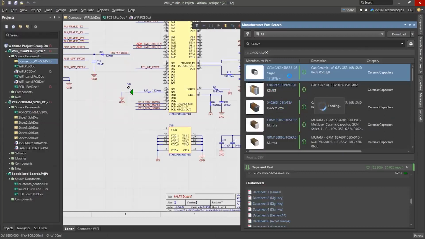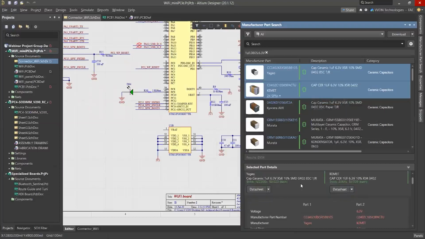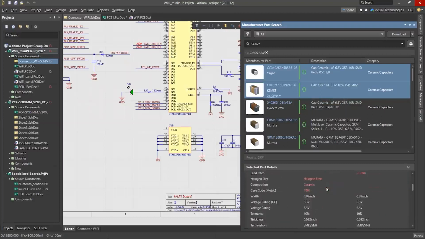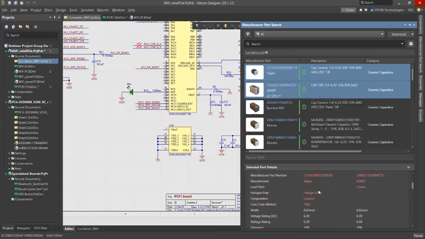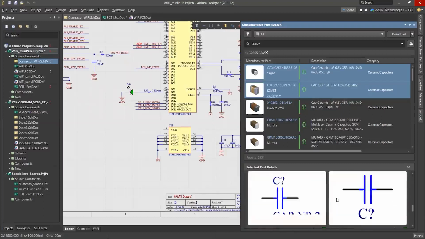So with which manufacturer you will go, you can select this one and click on another one, and we can see the comparison. Here you can see part 1 and part 2 is there. So from there manufacturer name, details, and those parameter information, those things also you can compare, and you can choose your components.